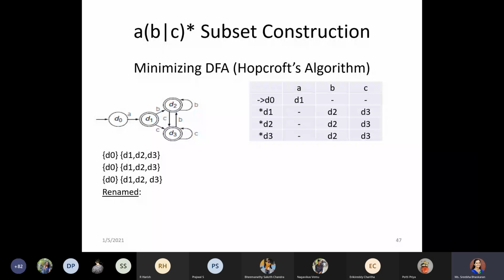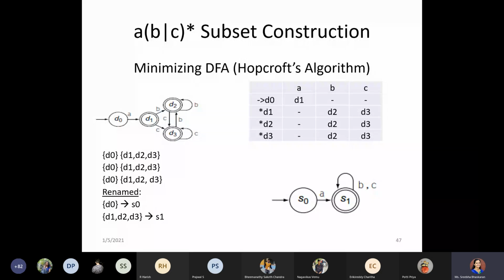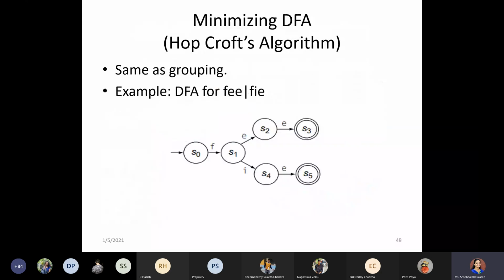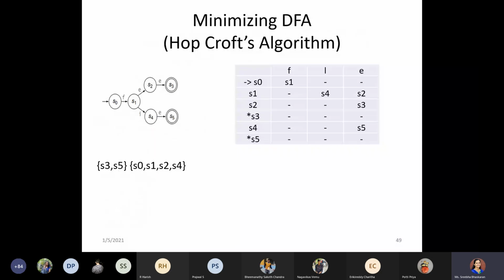Now, if you have any null set in between, for example in the one I am showing, D1, D2, D3, with respect to A transition we don't have any empty one. Not in this case. But for this example, with respect to S0, S1, we have an empty one.